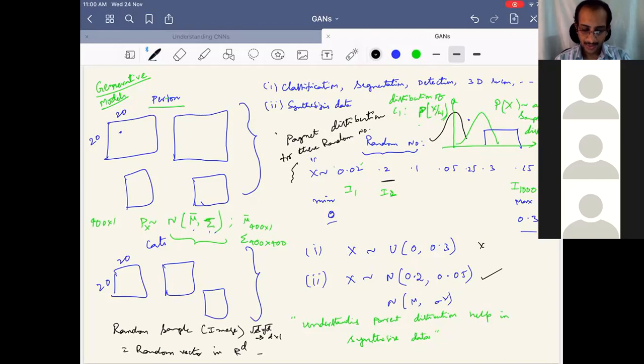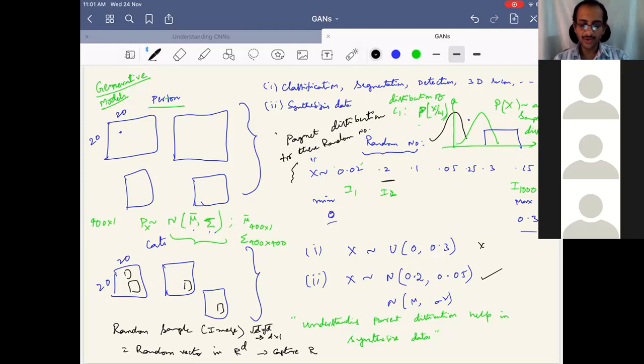Sir, if our input image has, for example, a cat in the bottom right corner, our synthesized image also should have a cat in the bottom right corner, right? No, not necessarily. If all input images have the cat in the bottom corners, then you may have that. But some images will have it here, some here, and so on. Then you may have a mix, so your generated images will also be mixed.